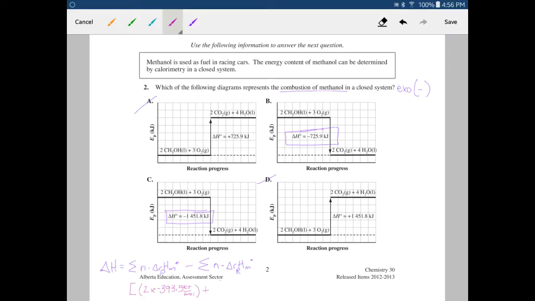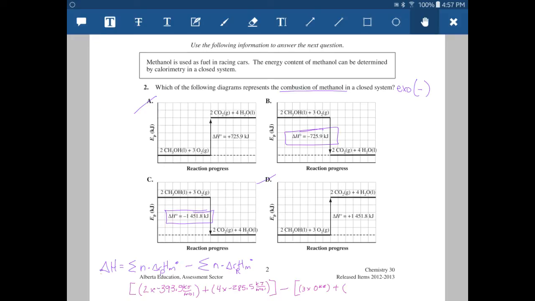We're going to add our water vapor, or liquid water, pardon me, so we have 4 moles times our negative 285.5 kilojoules per mole. Now again, these values I just know off the top of my head. If you don't know them, they're in your data booklet, so no worries there. Okay, so there's our products minus our reactants. Now our reactants, we have 3 oxygens times 0. Okay, so that's just 0, plus our enthalpy of methanol,